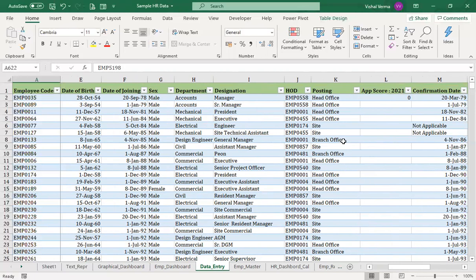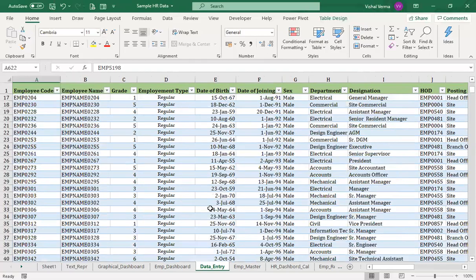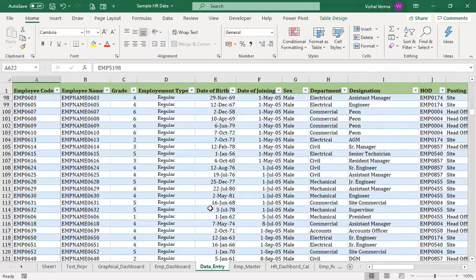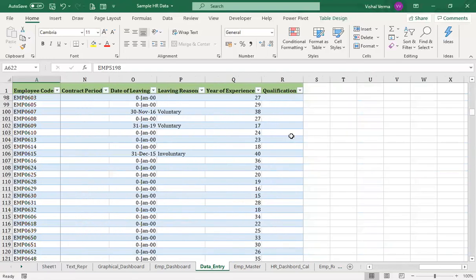In case we are not having anything, we can go into the employee master, and then we can add this particular data. All the information that we are presenting here is the data entry into our HR data board. This is the minimum data that is required. Some more information you can put in there. For example, I've kept the qualification as blank.